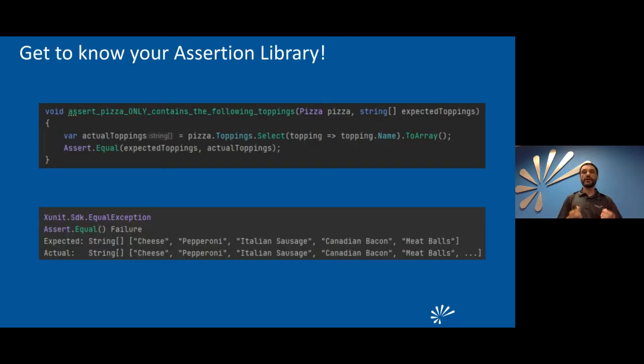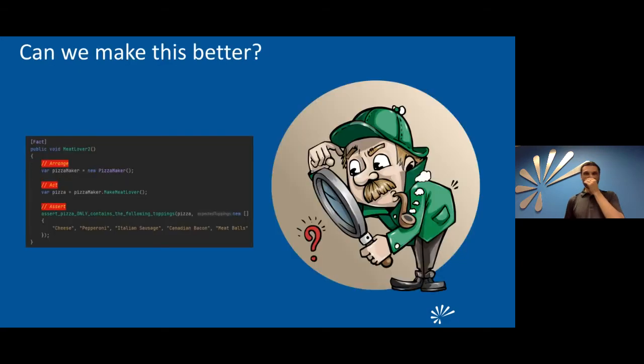So that's the point where you could tap into it and control your own assertion to maybe just compare the two arrays and report back. Say, hey, this test failed because we got this extra topping here. We got pineapple, right? So you run your test report, you look at the failing message, and it tells me, oh, your meat lover now has pineapple in it. Oh, I see where that's coming from, right?